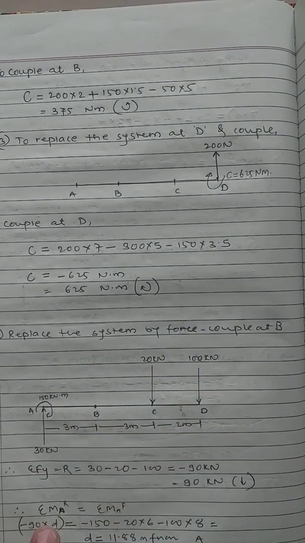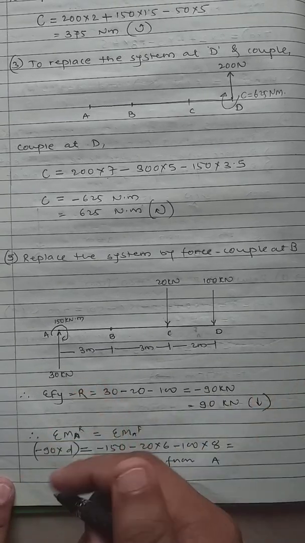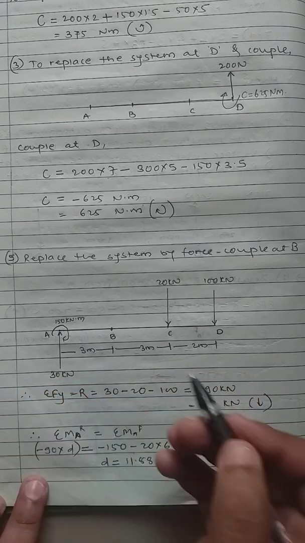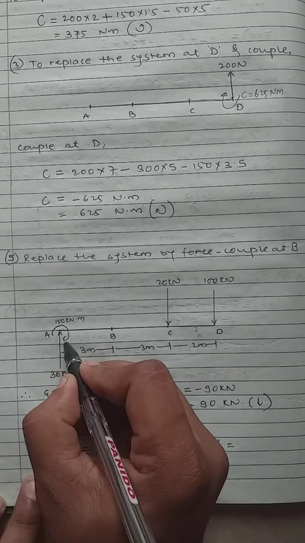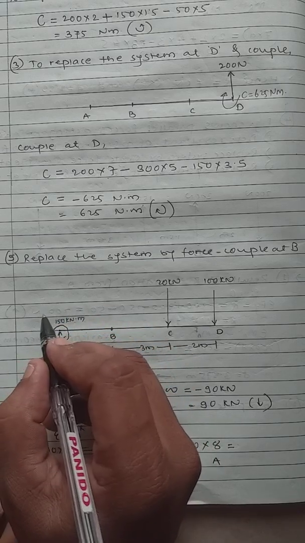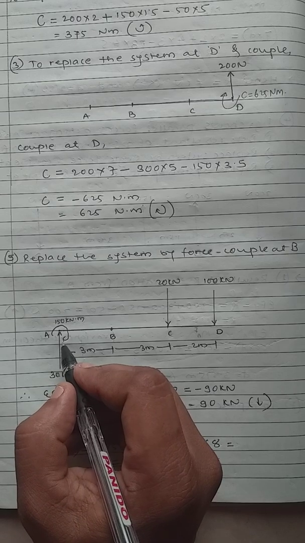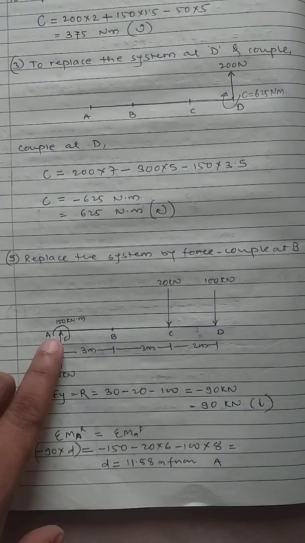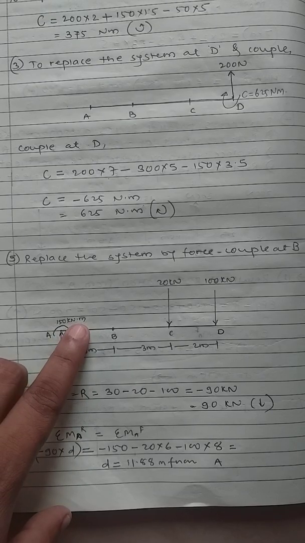Similarly, the problem can be asked this way. If you compare this problem with the previous problem we solved, here three forces are acting, and only a couple is added. Importantly, the couple we will include at the time of taking the moment. We will not consider it while calculating the resultant, because a couple is not a force. Its unit is Newton meter or kilonewton meter.